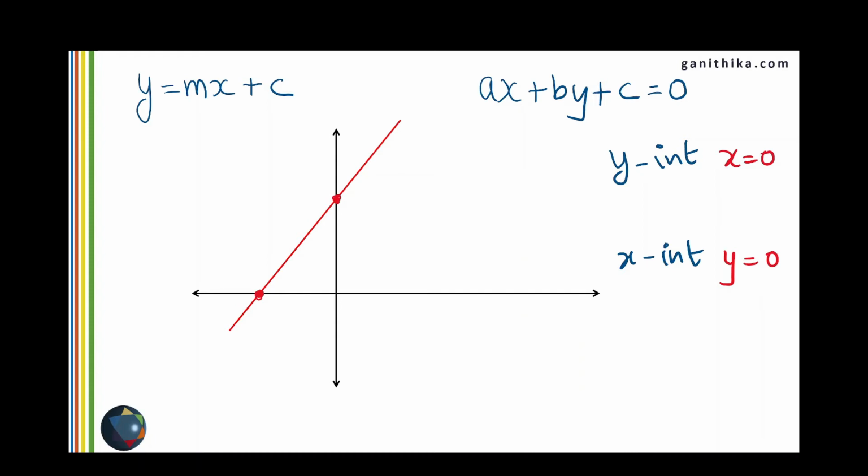You will get the required line. So I'm repeating again, if you have an equation given, substitute x is equal to 0 and find the y-intercept, substitute y equal to 0 and find the x-intercept, mark them on the axis accordingly and then join these 2 points, you will get the required line. So this is all that is required and therefore you can get rid of the table of values method from now onwards. Let's see an example. y is equal to 3x minus 2 is in the slope-intercept form because 3 is the slope, -2 is the intercept, we know that.